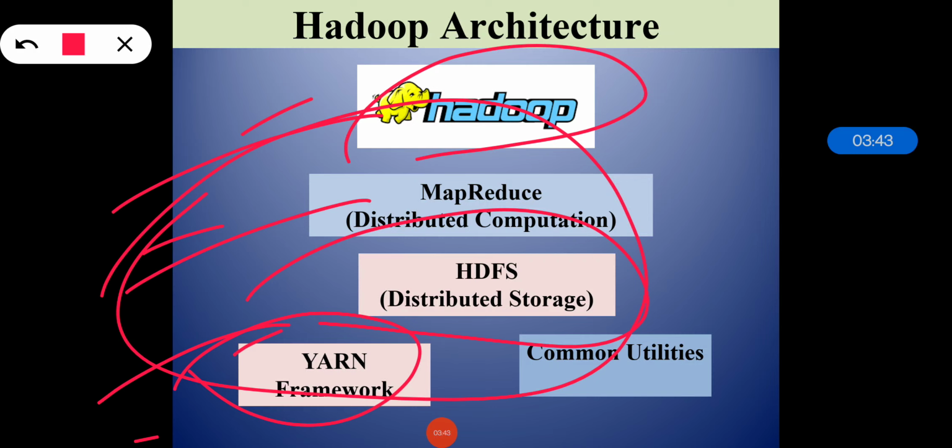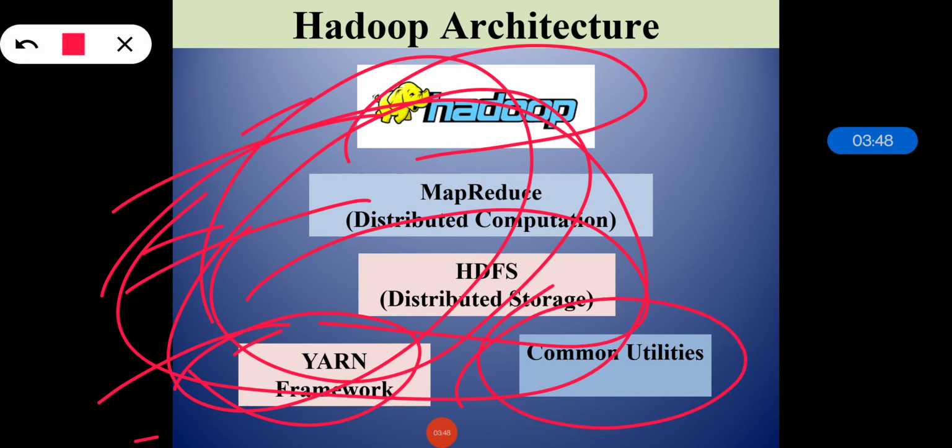So these are the basic components of the Hadoop architecture which we have seen, and the common utilities generally contain the libraries that are needed by all these Hadoop modules. That comes under the common utilities, and it contains the Java libraries and utilities required by the other Hadoop modules. These libraries provide the file system and OS level abstractions, which contain the necessary Java files as well as scripts. So this is all about the Hadoop architecture and the components of the Hadoop framework. Now in the next lecture we will see the main components of the Hadoop framework in detail.